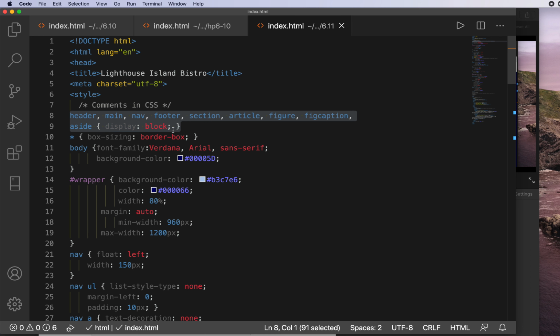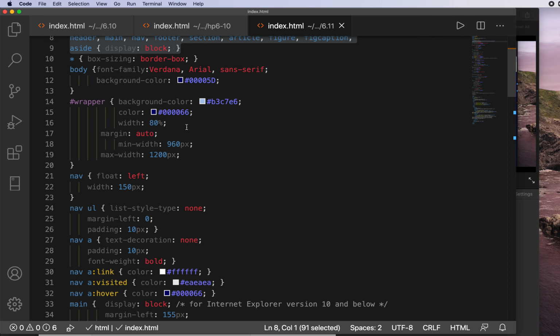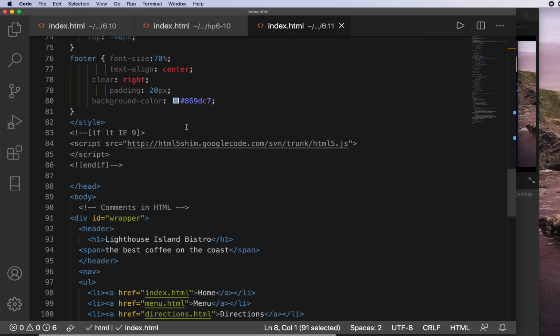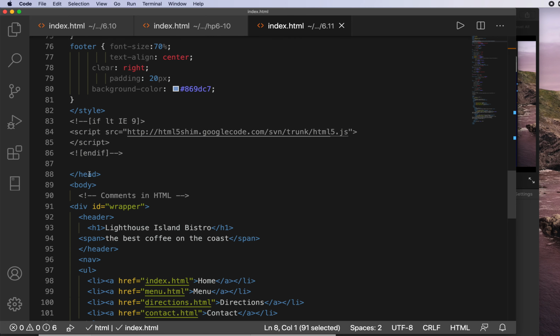Okay? So this is a way to help these new elements like header, main, nav, and those are new. Those were with HTML5 and they didn't exist before then. And then the things we learned today like article and aside, to display block, and that will cause those older browsers to make those display properly. And then another thing that we use, and it goes right before your head closes or just in the head section, is called an HTML5 shim. And this is for IE9, Internet Explorer 9, and this will let our code appear the way that it should appear on